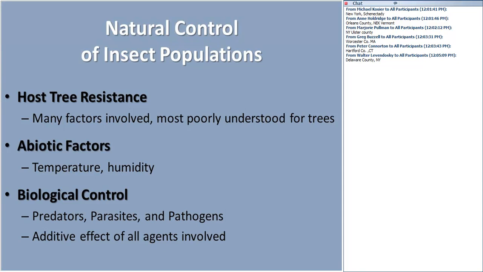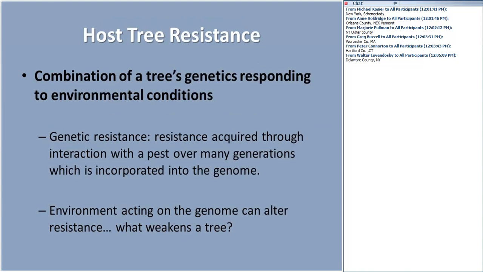Abiotic factors, temperature and humidity are all a part of it. Humidity will actually help the growth of fungal pathogens, and temperature can literally kill bugs given different times of the year. And then there's biological control, predators, parasitoids, and pathogens. So these are all wrapped up into one. So basically, it's like everything contributes a little bit to the control that keeps native populations of native insects in relatively a static mode, and only occasionally do they become outbreak. And when they go outbreak, that's when we pay attention.